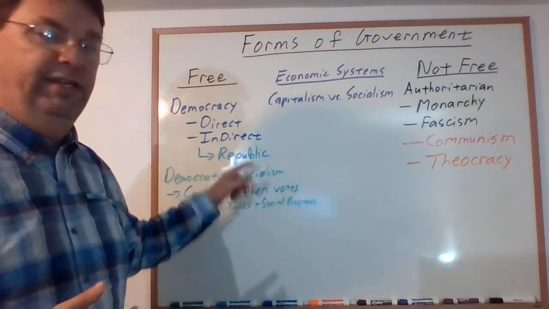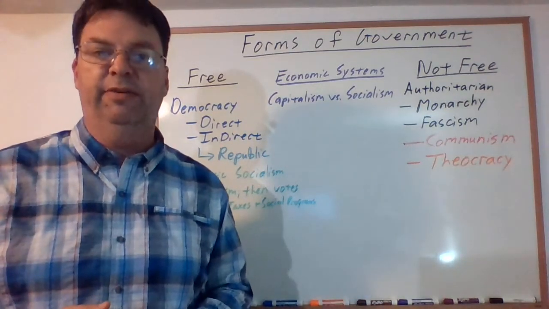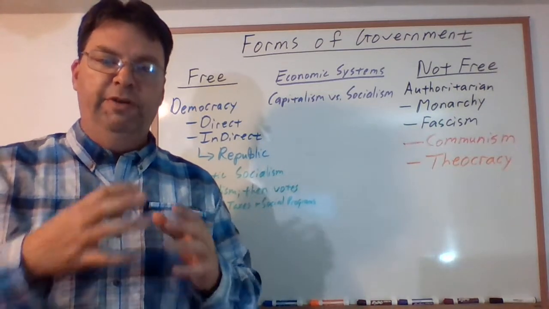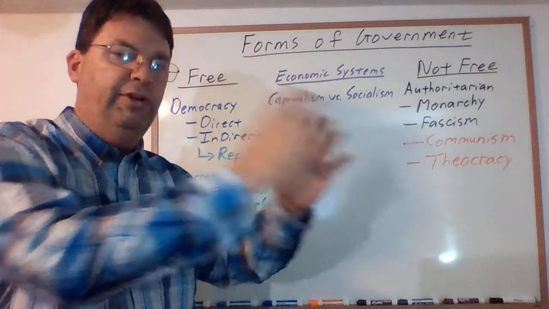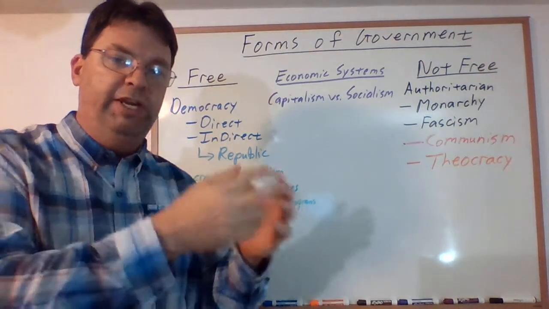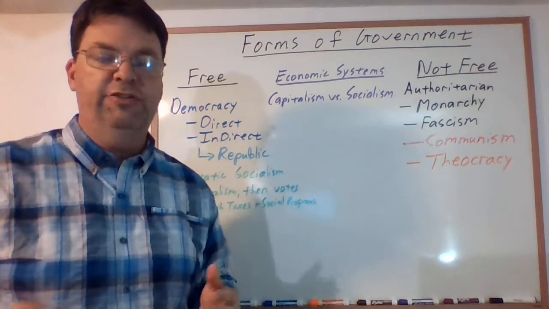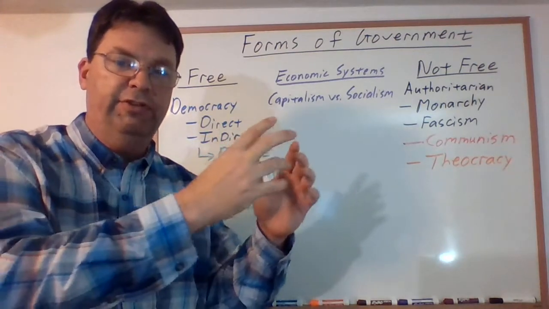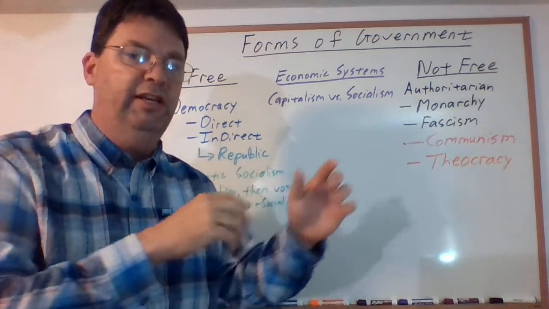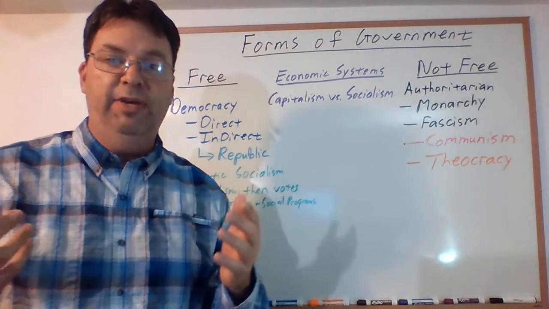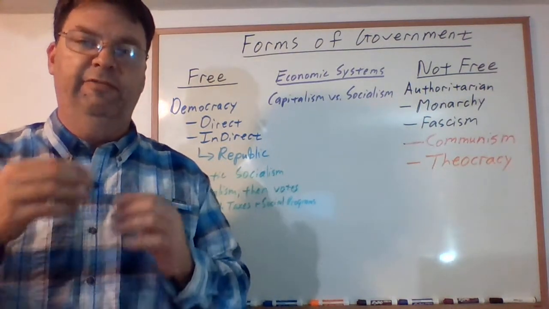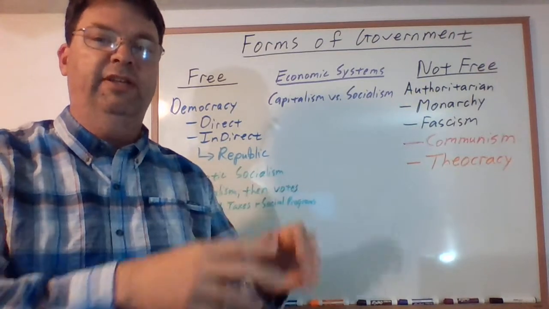What we really have is an indirect type of democracy, often called a republic. So we vote for people who then vote on the laws, and they decide how our governments run. We can vote them out, but often we can't change the laws directly. We have to first vote someone out. The new person comes in promising to change, and then hopefully they change. Maybe, maybe not. All right? So republics are voting for a person who then votes on the laws.